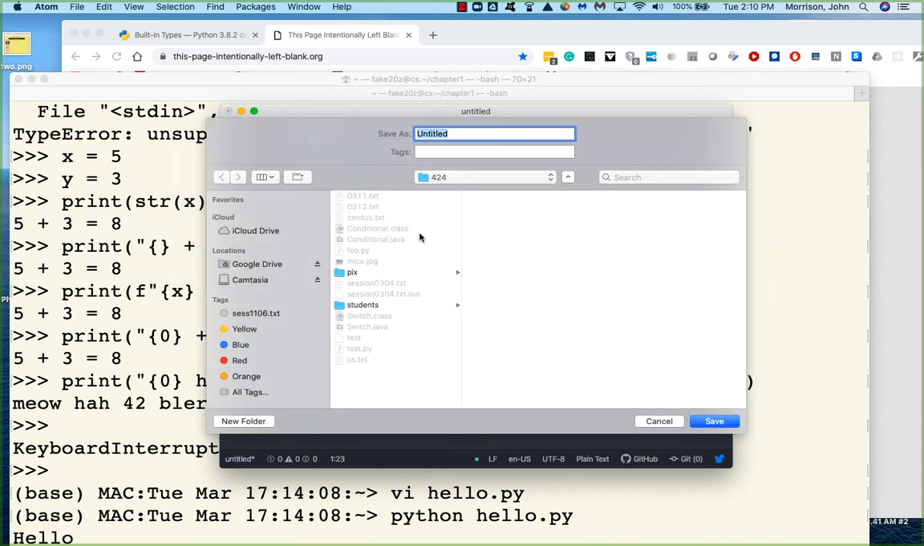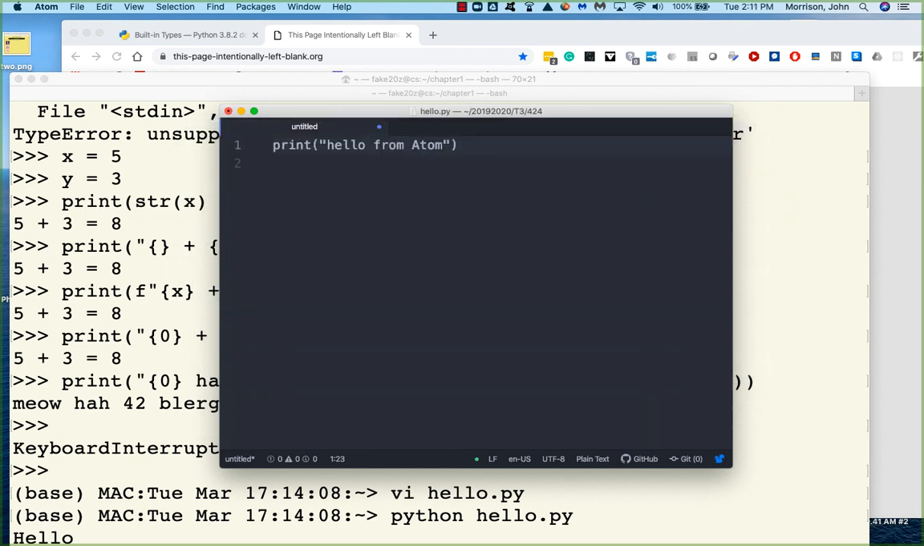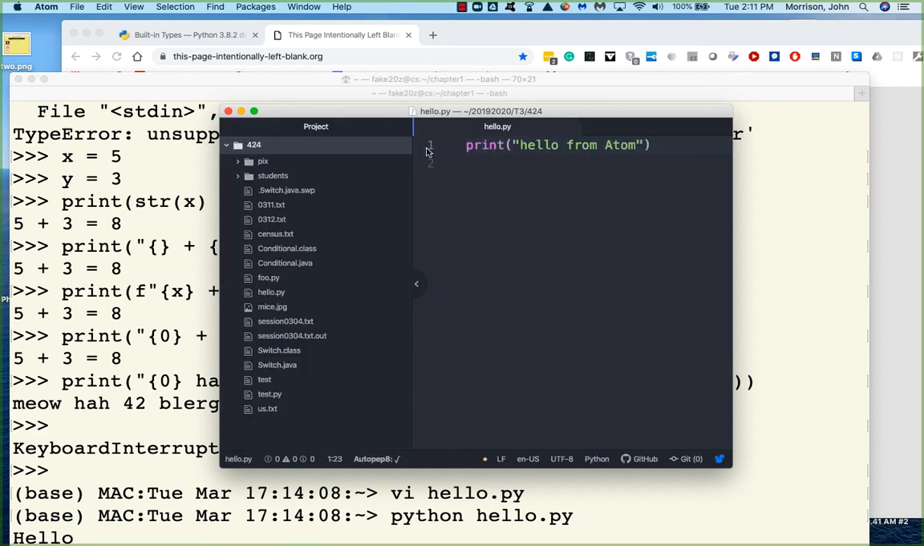And a dialog box will come up. And I'm going to save this somewhere. Oh, let's just save it here. It does not matter. Okay, I'm going to save that as hello.py. And when I do, it's going to go ahead and say, oh, this is a Python file, so I shall